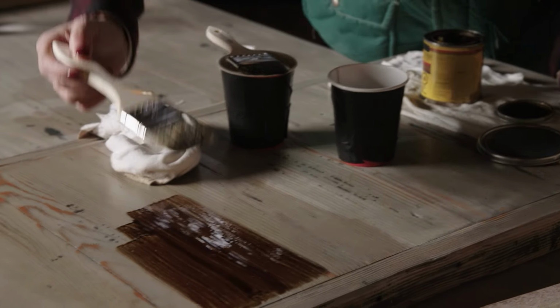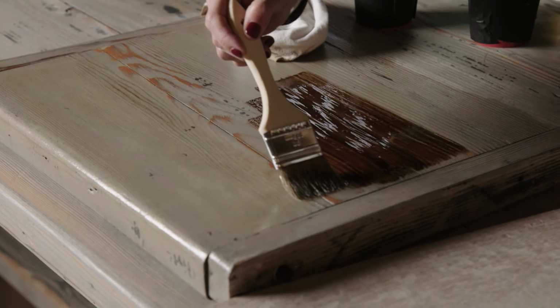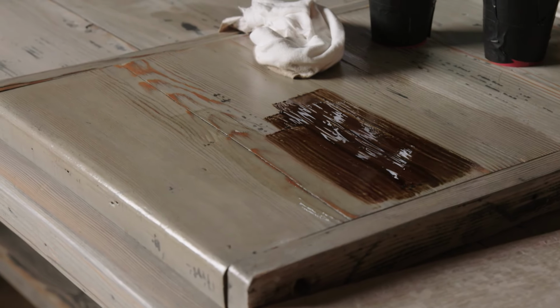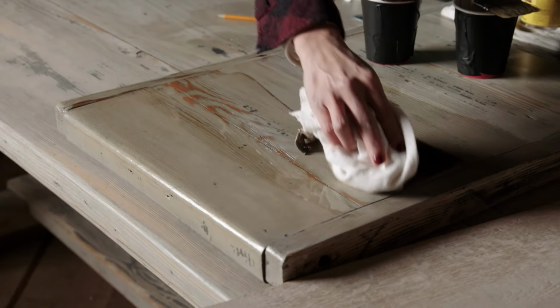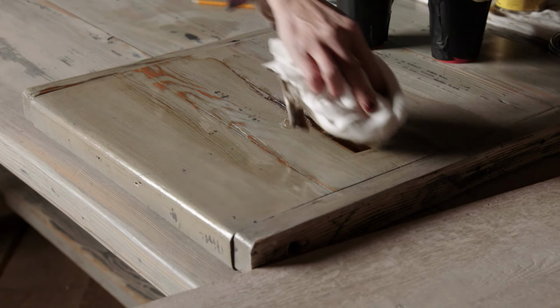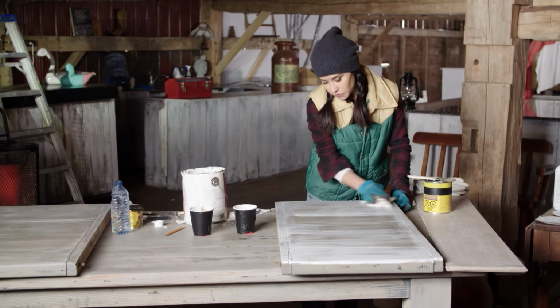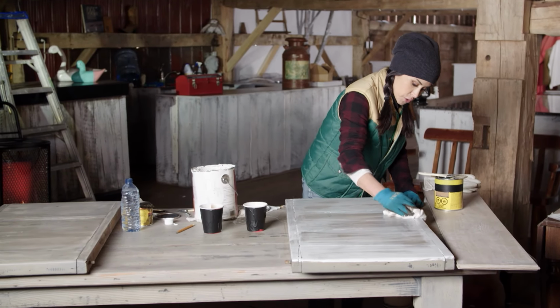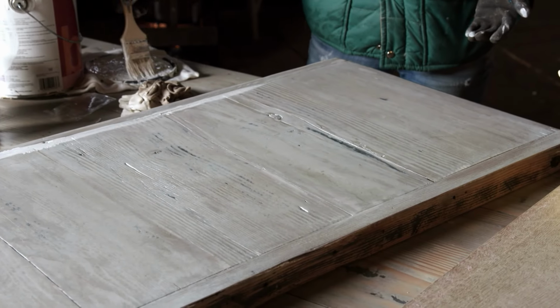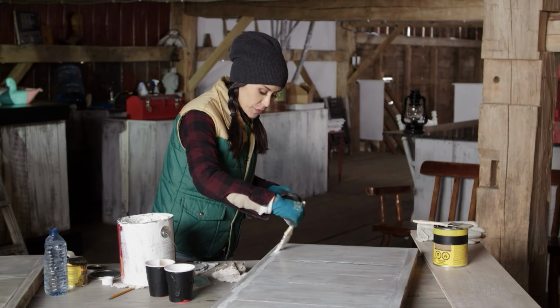But I'm gonna put some of the gray on that raw wood because I wanna make sure that doesn't go too warm. I'm probably going against all the rules and I am mixing stains, but that is okay. I am definitely keeping one big table out of landfill, that's for sure. You just kind of have to play around, and it's all about layering as well with this look, which is